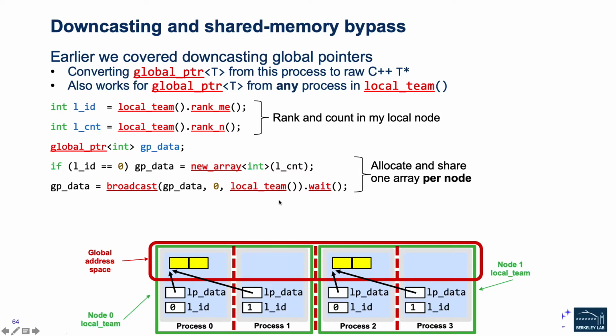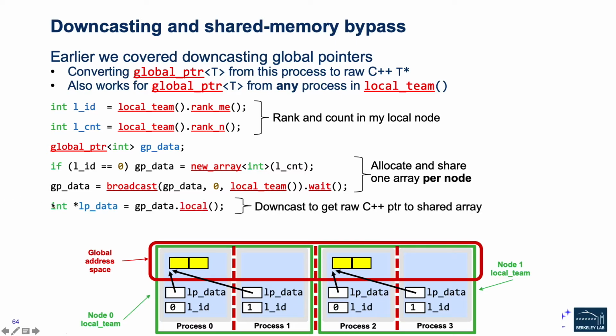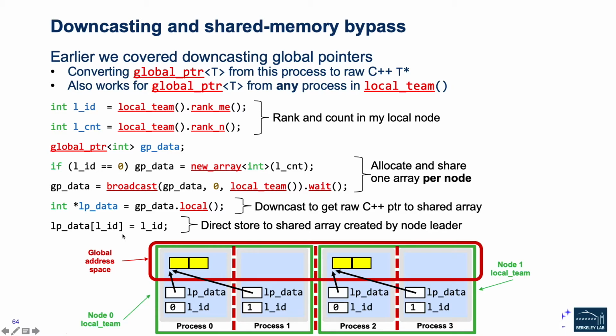This is an asynchronous operation that results in a future. Upon waiting on it, we get the data encapsulated by that future, which is the global pointer, and then we can store that in gp_data for everyone on this local team. Once we have that, we can do a downcast to a local pointer, and again, this is legal because we know that this object lives on a process in the local team, and so we have direct load store access to it. Each process can then access it directly using standard C++ syntax for accessing an object through a pointer.